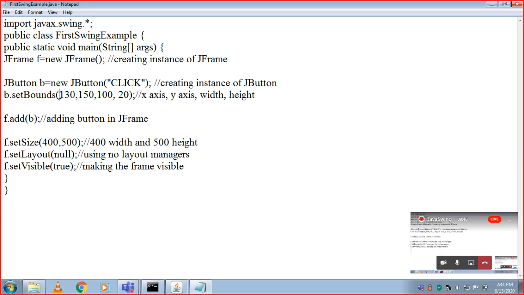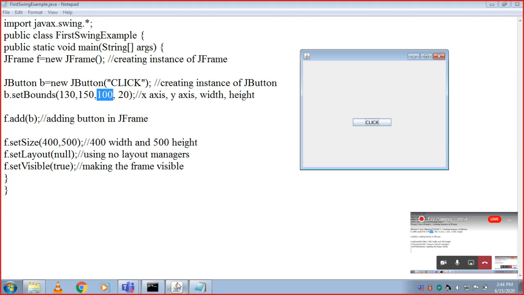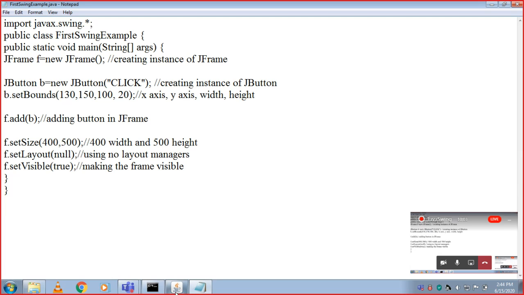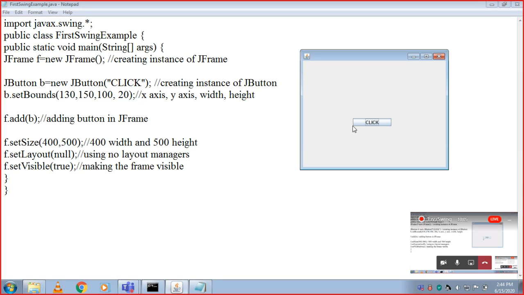See here, this first value is the x axis coordinate value, this is the y axis value, and this one is the width value, from the left hand side corner to the right hand side corner, and 20 is for height, from below to top. So this is x axis from here to here, and this is y axis from here to here. This is the width and this is height.